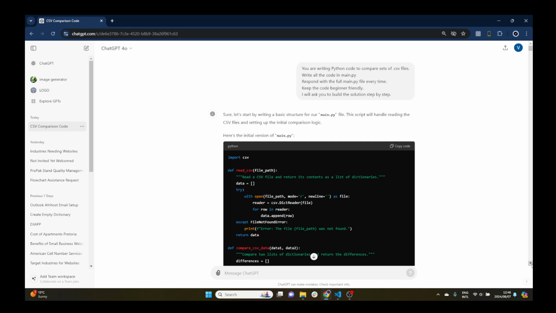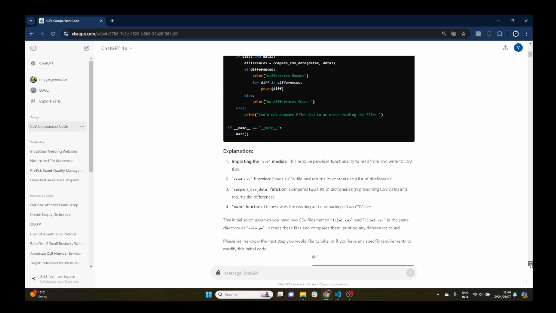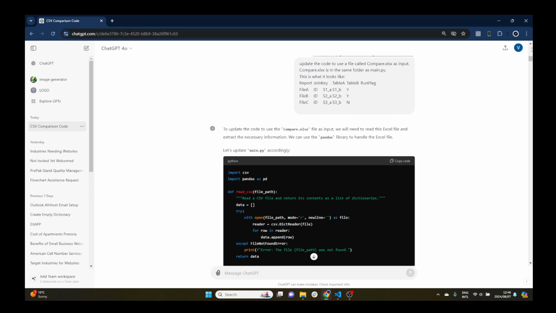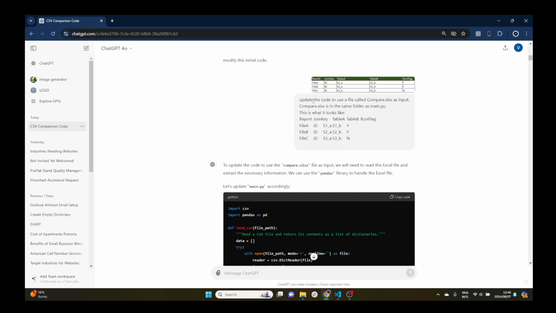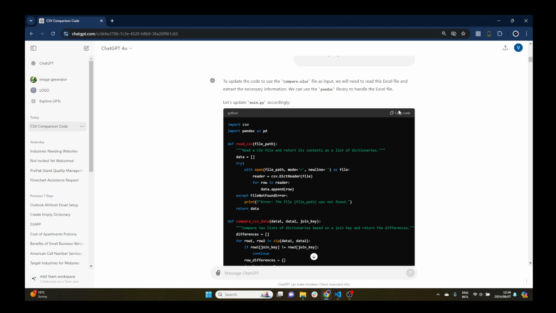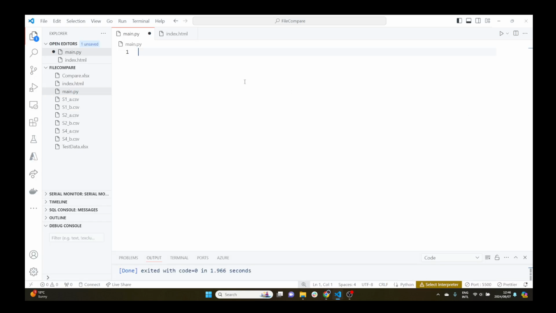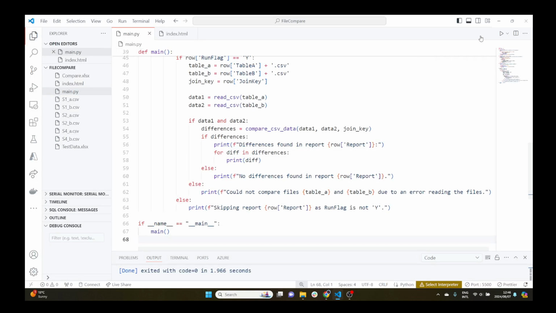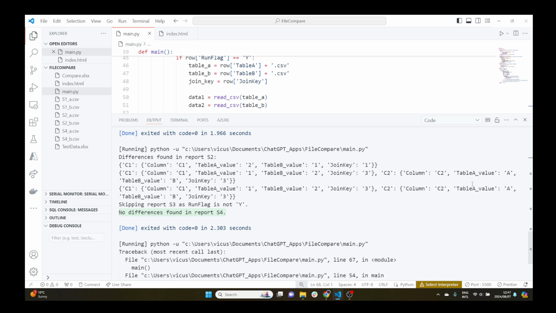So then I gave it a bit more of a clear instruction. And I said, okay, update the code to use that compare file. I pasted the compare file here in this text format. It actually took the Excel format here as well. And I said, right, use that as input. Let's see what happens. It then figured out what it needs to do. Press play. And you can see